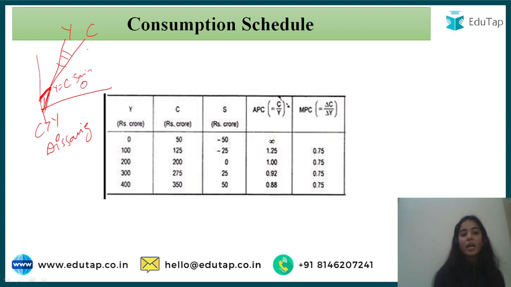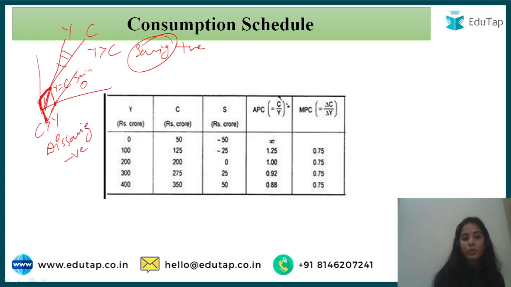And when your income is greater than consumption, that means you are saving something, you are saving the left out amount, so your saving is positive. When you are dissaving, your saving is negative. So here, from this is the autonomous consumption, from here the saving is negative,